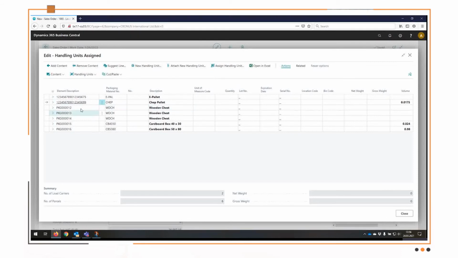For example, I could take the first wooden chest, go to cut, go to the CHEP pallet, and do a paste. And as you can see, this wooden chest is now part of this CHEP pallet. The same goes for the second wooden chest, also here cut and paste, and 1 cardboard box. Cut